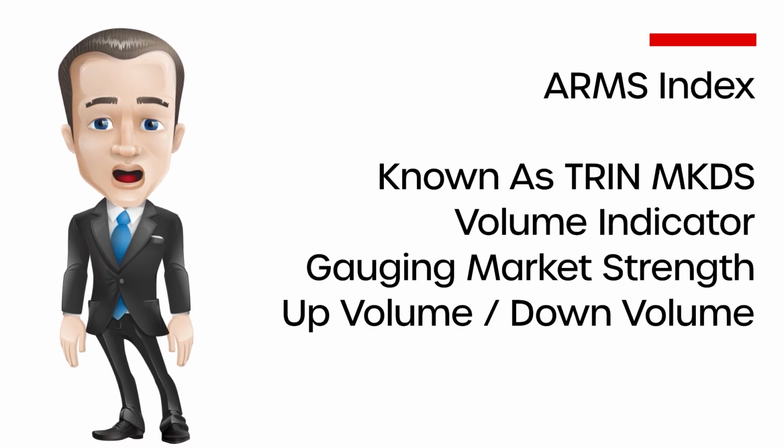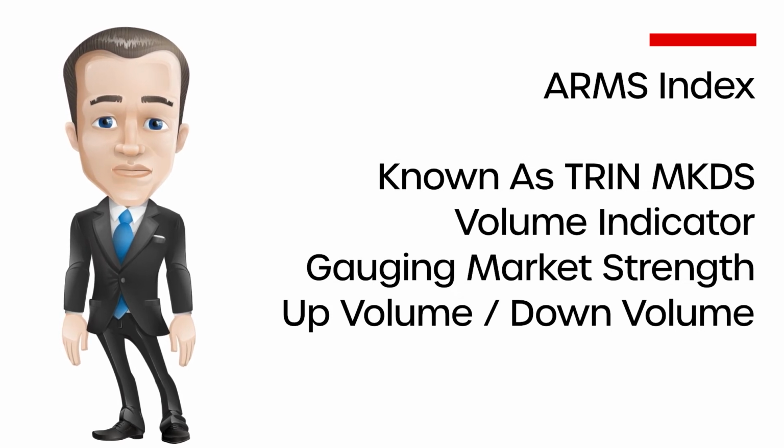ARMS index. The ARMS index, also known as the TRIN or MKDS, is one of the most popular up and down volume indicators. Up volume is the volume traded in all advancing stocks, and down volume is the volume traded in all declining stocks, which is another way of gauging